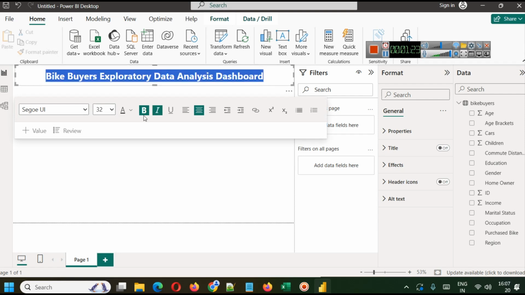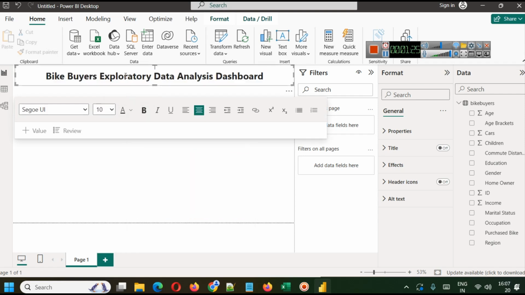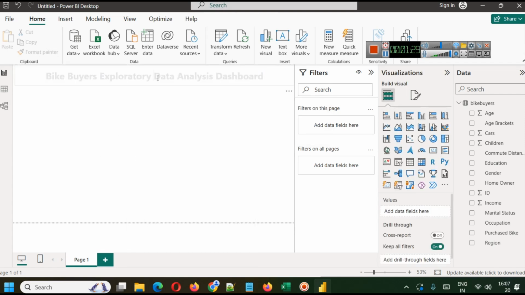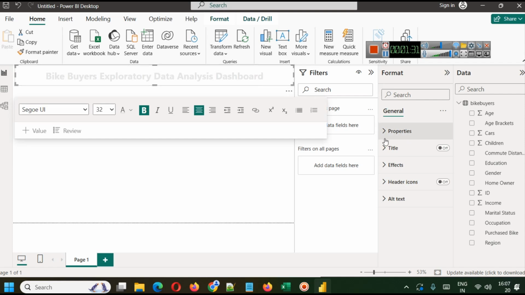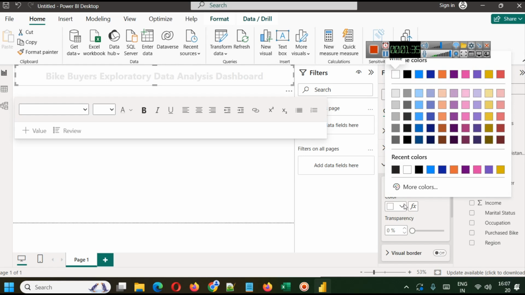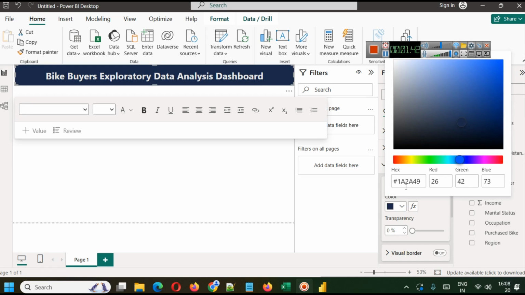And now we can simply invert the colors here, or we'll just use a darker color in the background. So we'll simply go to effects, in background color we will use a dark shade, and the color that we are going to use is 1A2A49. So we'll simply use this color,